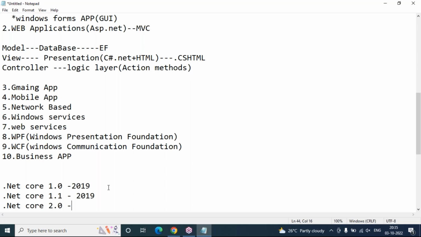Sorry, this is the end of support actually. 2019 only release. This is also 2019. And 2.0.